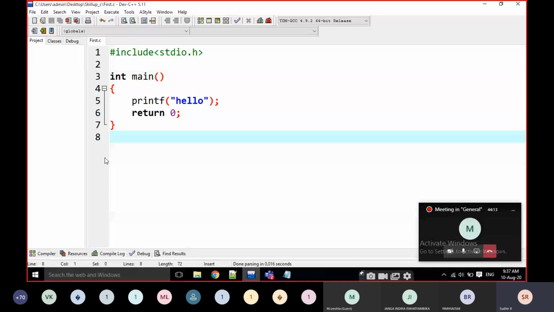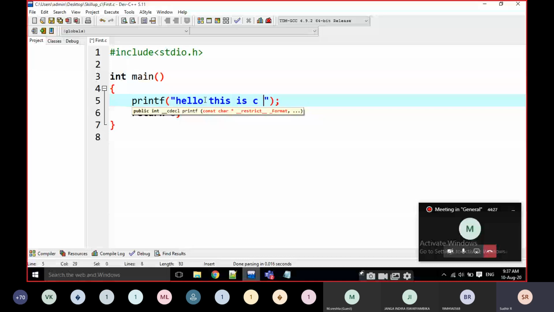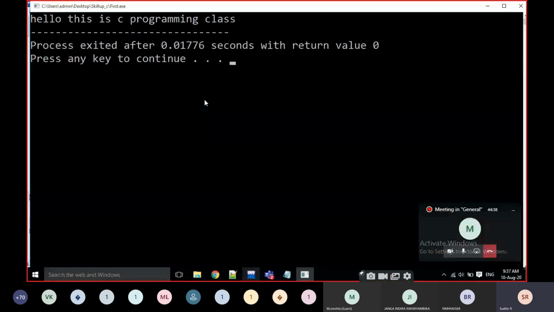Then this is the basic program. I'm writing here, "this is C programming class." For example, when I execute it, it is going to print "this is C programming class," that's it.